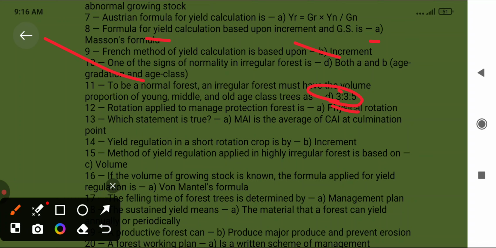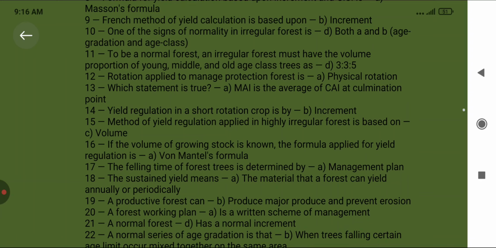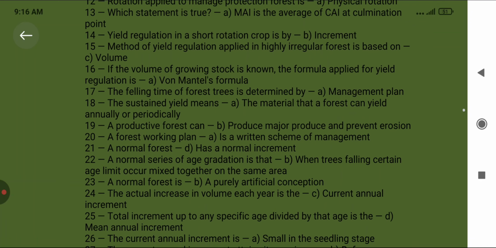MI is the average of CI at the culmination point. Yield regulation in a short rotation crop is by increment. The method of yield regulation applied in a highly irregular forest is based on volume. If the volume of the growing stock is known, the formula applied for yield regulation is the Bol-Mentor formula, and we can see the felling time of